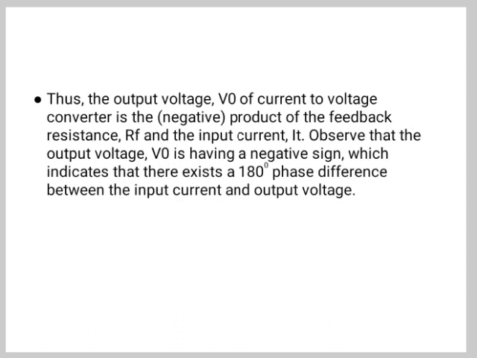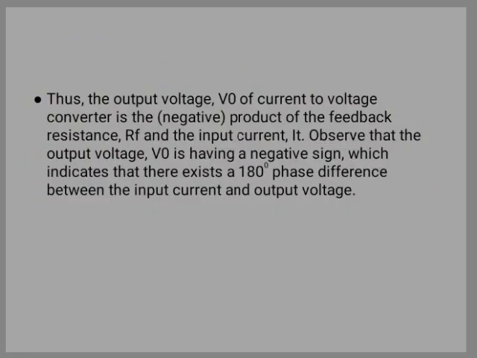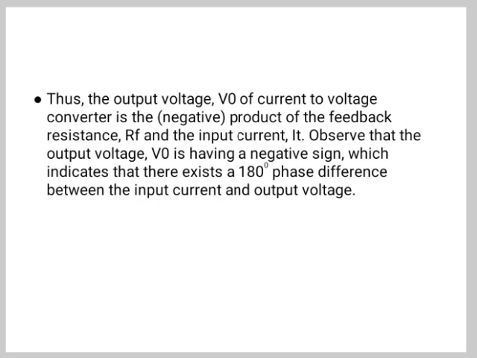So the analysis of the I to V converter is that here, since the op-amp is ideal and negative feedback is present, the voltage of the inverting terminal is equal to the voltage of the non-inverting terminal, where V plus is 0 according to the virtual ground concept. So the current entering both terminals of the op-amp is 0 since the op-amp is ideal. The lower limit on the current measurement with this I to V converter circuit is set by the bias current of the inverting input.